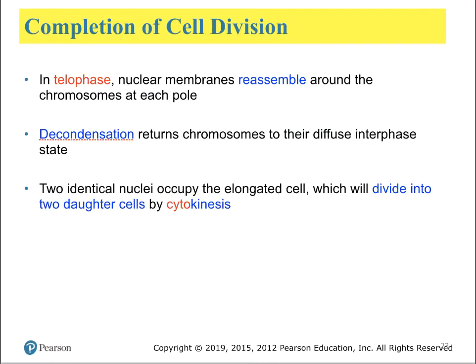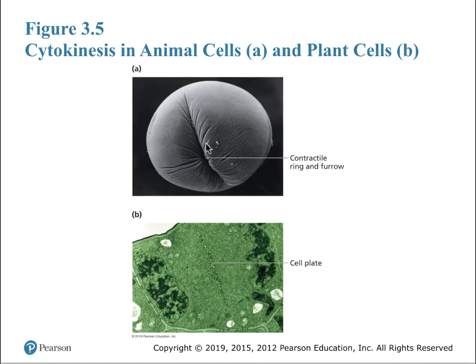The final phase of mitosis is characterized by telophase, where the nuclear membranes begin to rematerialize, reassemble, around the newly segregated chromosomes at each end of the cell. And the beginnings of cytokinesis, which in animal cells is demarcated by a cleavage furrow, like a belt tightening, and in plant cells by the formation of a brand new cell wall between the 2